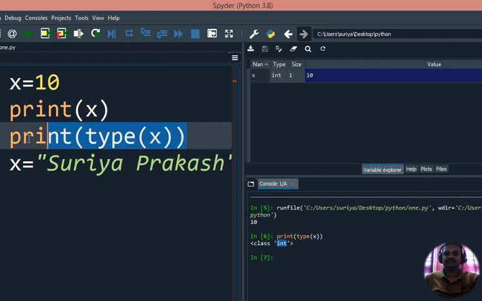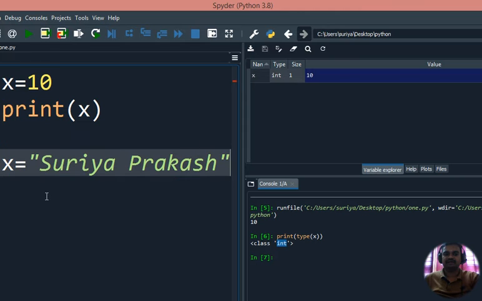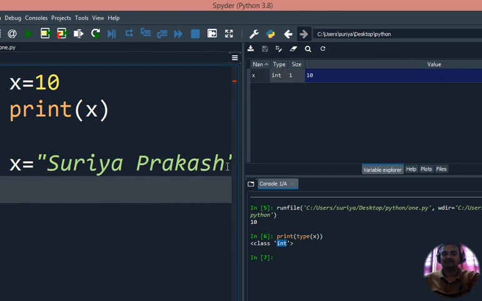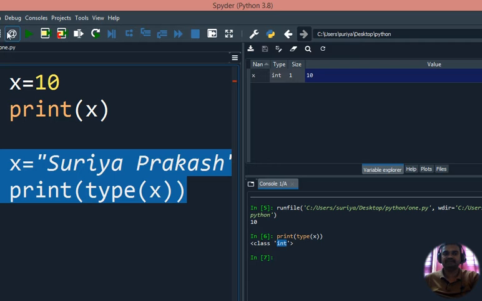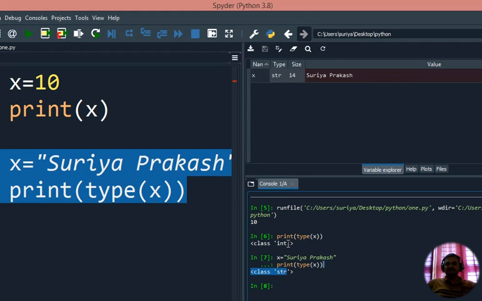After giving this particular string, I want to check the type of this variable, so I am giving the type of x. I am executing these two lines, going to run and clicking run file. I can see the type is str. Before that, the type of x was int. Now the type of x is str.